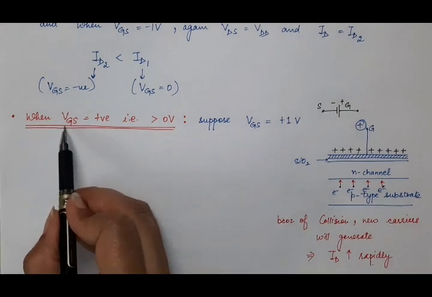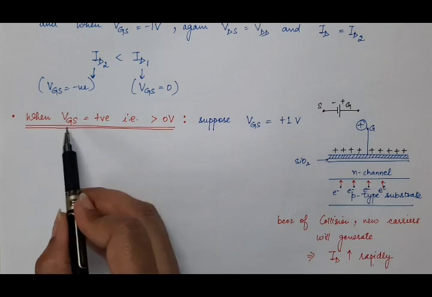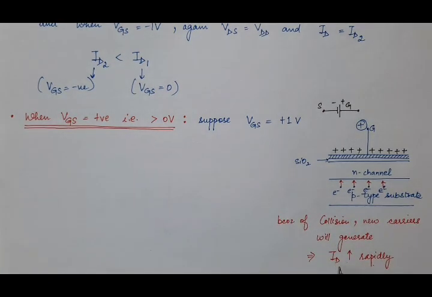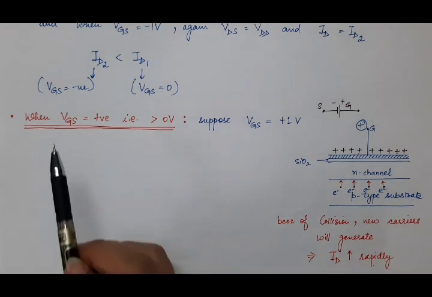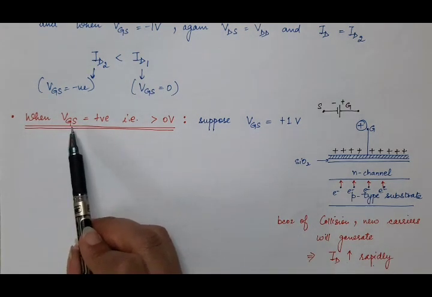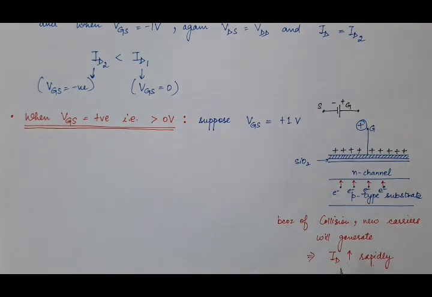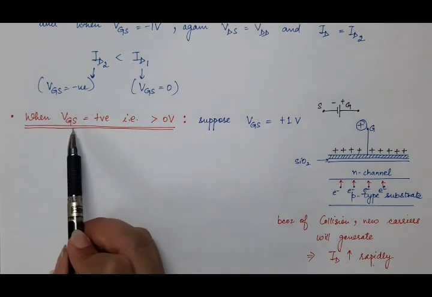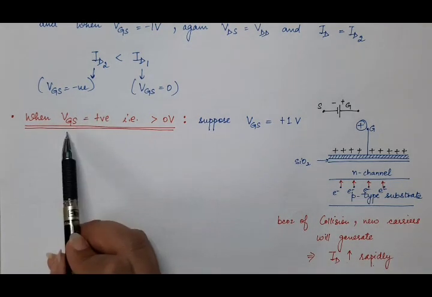So even with a small change in this positive biasing voltage, the increase in drain current is quite large. Here we have to keep in mind that we cannot increase this VGS beyond a safe level, because in that case a very large amount of drain current will pass through, which will result in breakdown. So that is why when we make this VGS positive, even a very small increase in this VGS